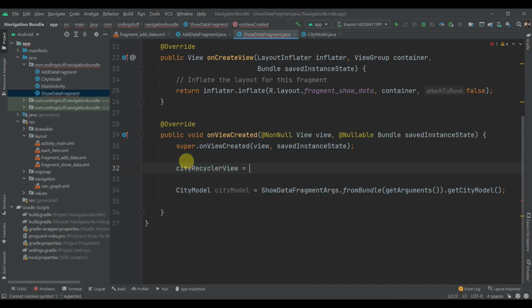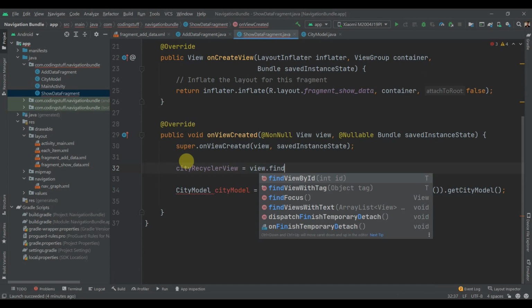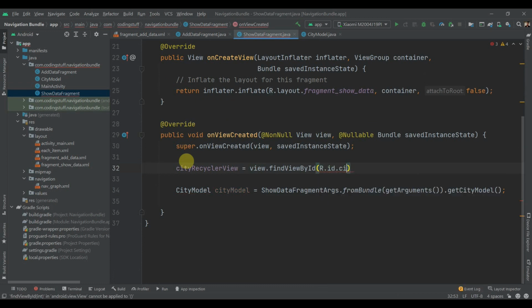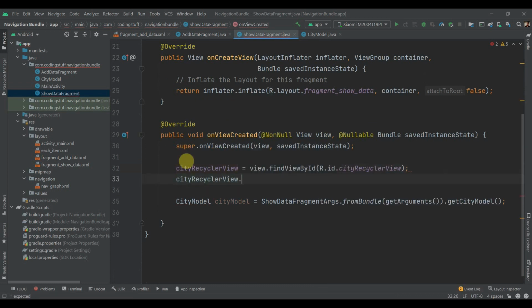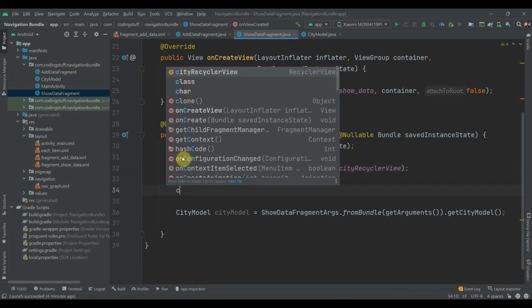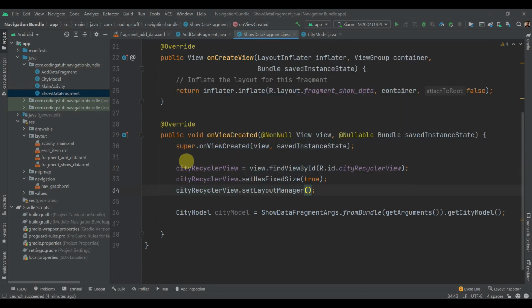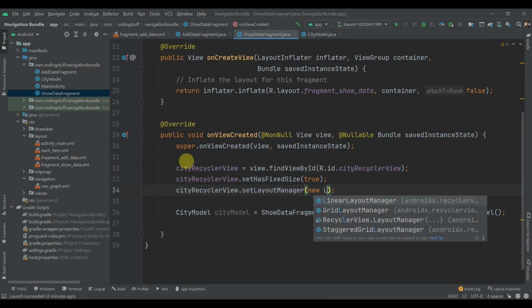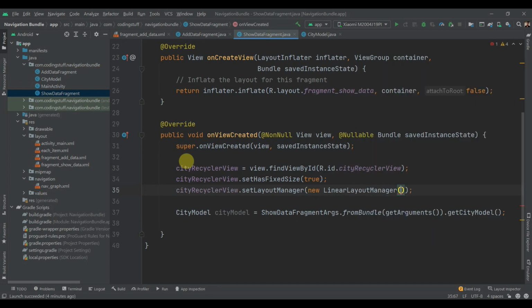City recycler view will find its ID. So view dot find view by ID dot id dot city recycler view. City recycler view dot set has fixed size. City recycler view will set the layout manager as well. New linear layout manager, and we'll pass this here. Sorry, all these fragments. So get context, and yeah.